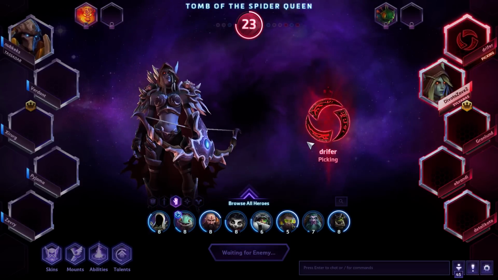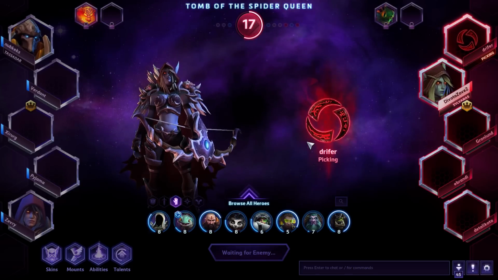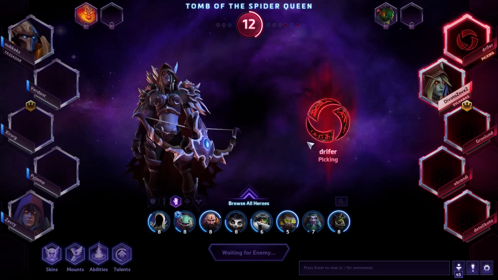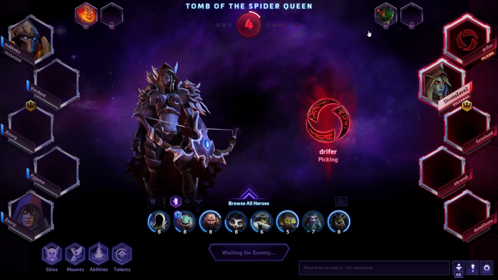Straight into a draft, by the way. We're on Tomb of the Spider Queen, and I have first picked Tassadar. And yeah, he is a hero who has received quite a few little tweaks since his big rework there in the last big patch. So I want to talk about that in this video, and basically what I think...